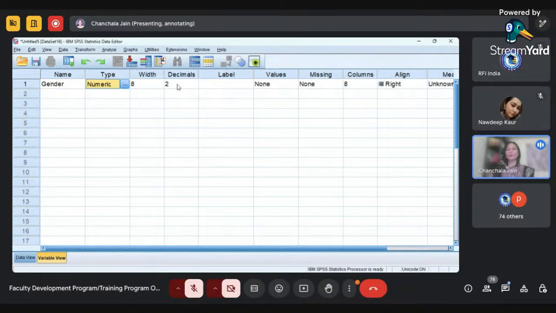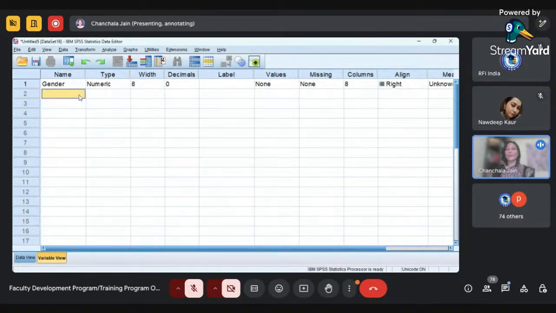So that means there is no use of decimal, so I can make it 0 using the up and down arrows. Then talking about the width. Width is generally used if you are defining your variable in the decimal point. In that case, it will be taking only 8 characters. In that case, there is a meaning of the width, right?